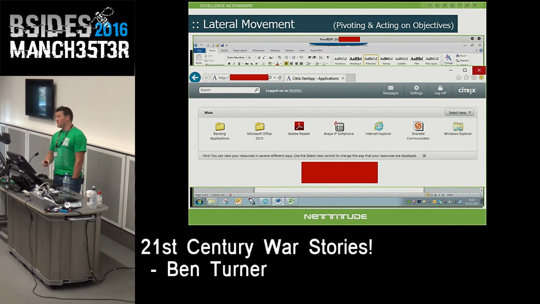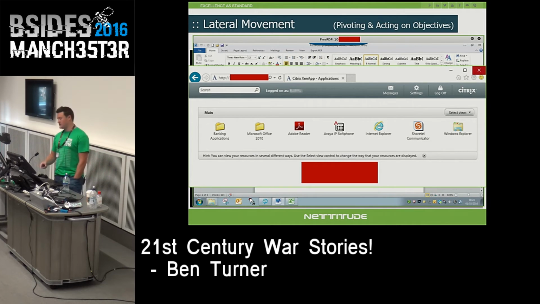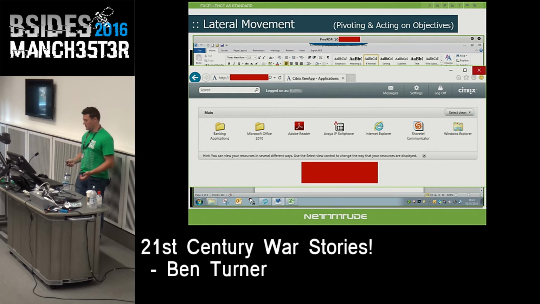But what I was saying before was going back to lateral movement and Citrix. So this is an example. I actually used the SOCKS proxy server to RDP my connection onto Citrix. Once I was on Citrix, I could access all the banking applications. But what I wanted to do was just escalate privileges at this point. So I was able to